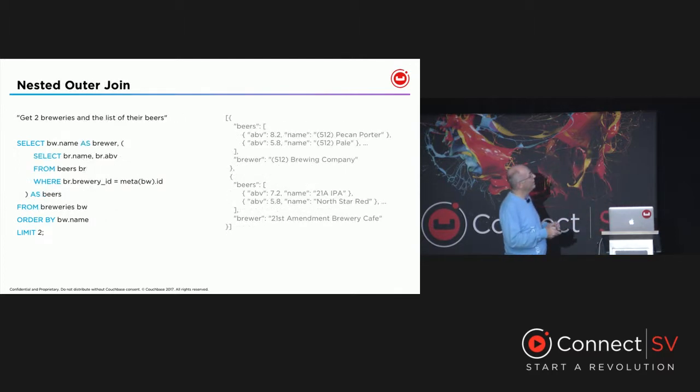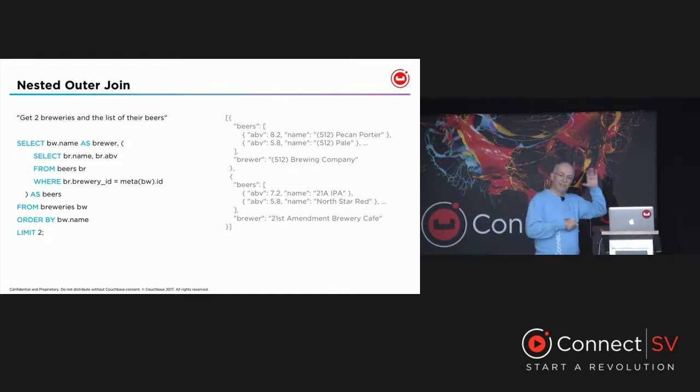All right. So yet another one. This is a little bit more interesting. This is something that is not easily possible in standard SQL. So we get 2 breweries and a list of their beers. So basically what's happening now is that the result is not flat anymore. The result now basically is nested. It has a nested field, namely we